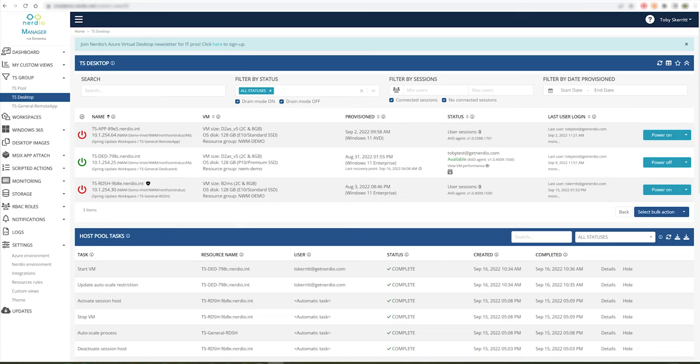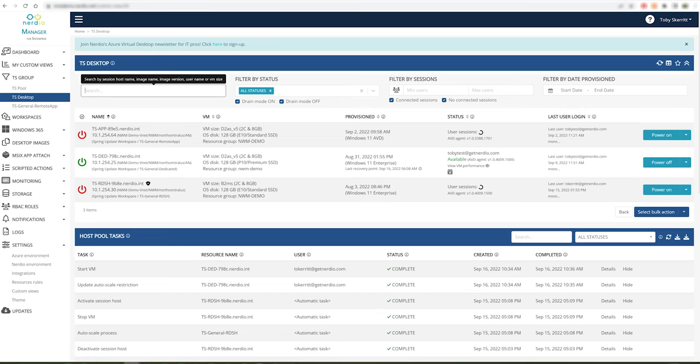Today we're going to speak about enhanced searching within the Nerdio Manager for Enterprise 4.3 environment. This is a very useful feature which allows administrators to search for a wide number of variables in order to focus in on specific desktops, machine sizes, image types or users that they need to support or focus on within the environment. Within the search bar, we can now, as you can see, search by host name, image version, username